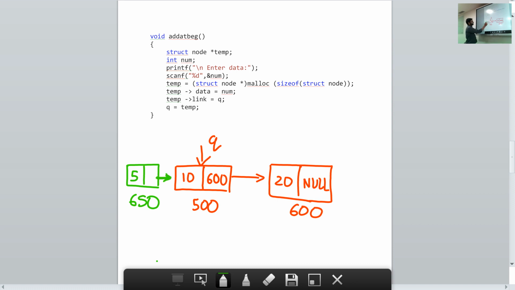What address should it have? It should have the address 500, because the address of the next node is 500. So it should have the value 500 in the link part. We'll see how to do it through programming.